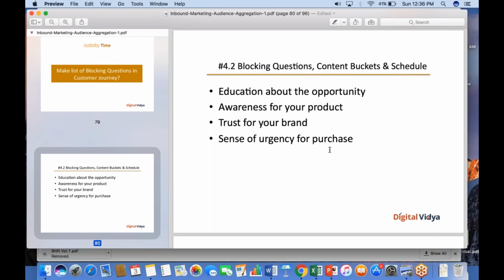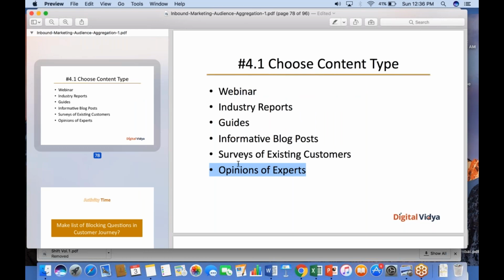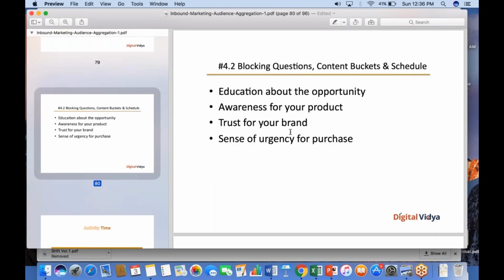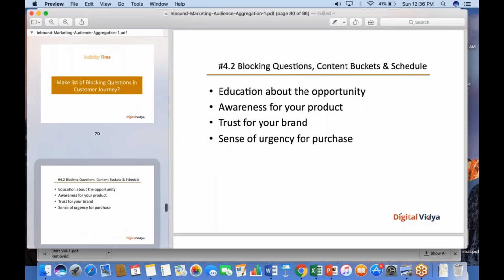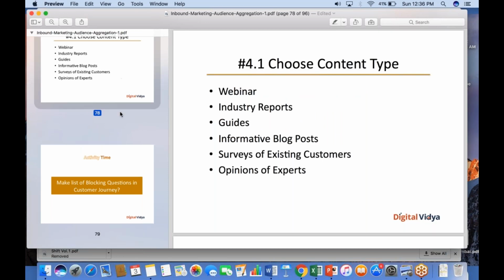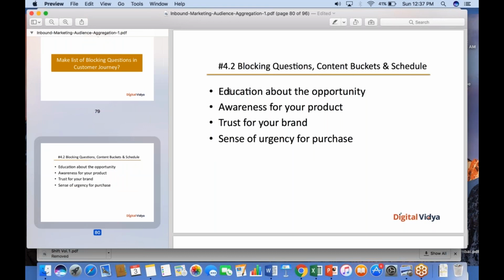Now, what I want you to do is, you have all of the pieces of content here on the left hand side, which all of you know of, right? You've got all these pieces of content, and all this list of blocking questions. I want you to do a match the following. It doesn't have to be a one-on-one matching. It can be one-to-many or many-to-one. I want you to think through and prepare a table, or just send me your thoughts on what pieces of content can be used for addressing specific blocking questions the customer would have. Is the question clear enough?